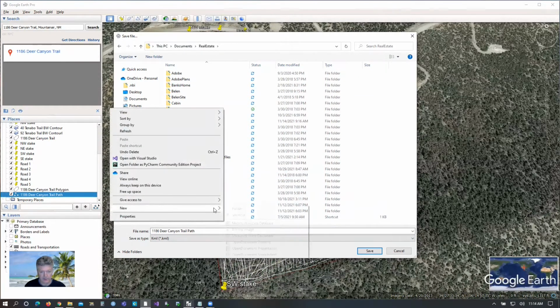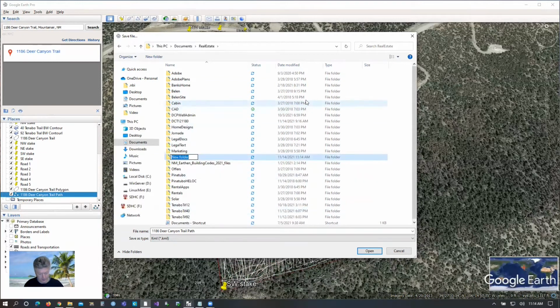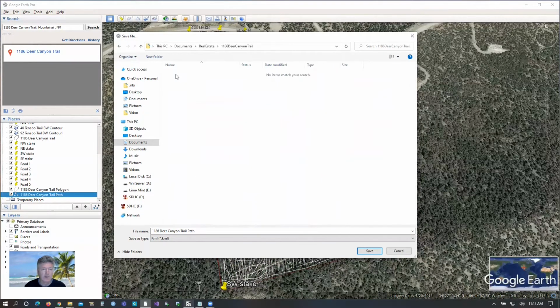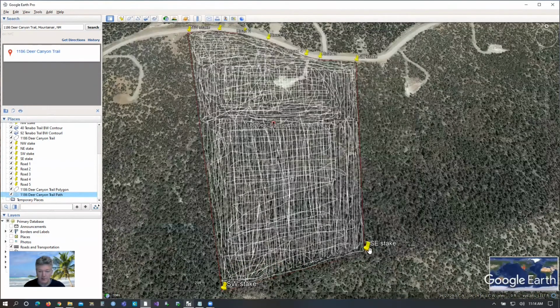I'm going to create a special folder to store this. So this will be 186 Canyon Trail. Go in here, save the KML file. Okay, then we're going to jump over